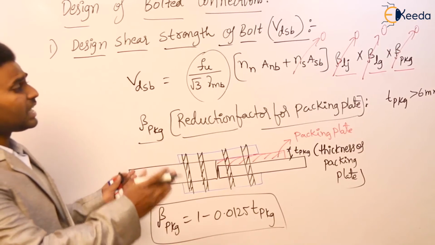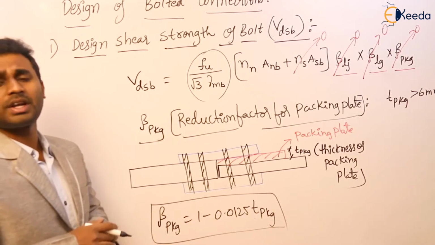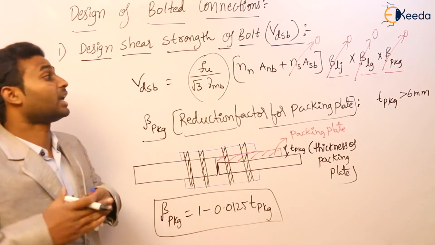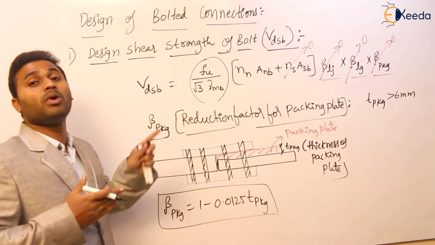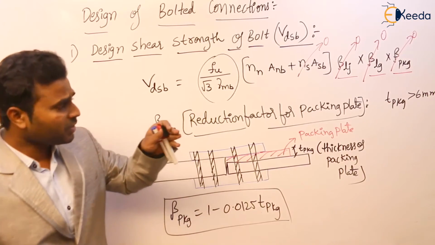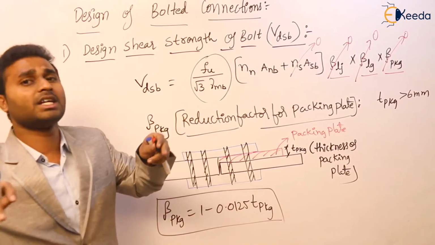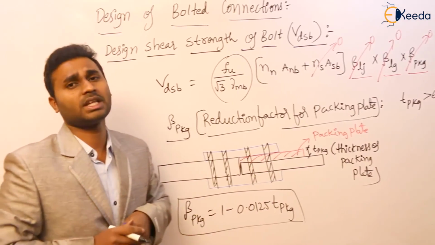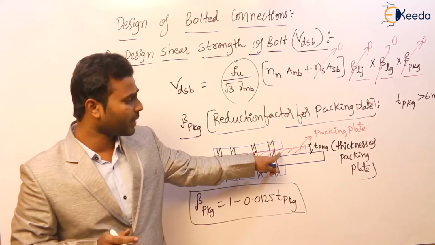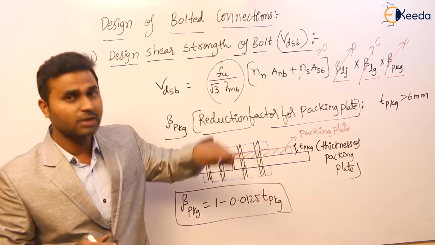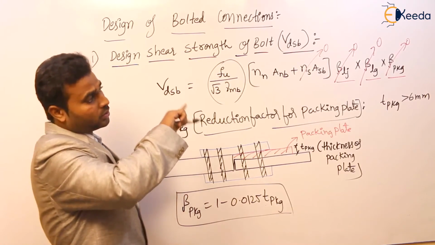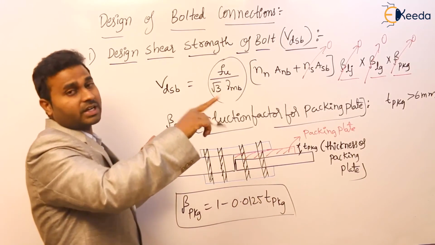Okay, so these are the reduction factors. The name itself is reduction. Because of provision of a longer joint, the reduction or efficiency of the bolt in shear reduces. That is why we are reducing it. And if we provide more grip length, as we discussed, the additional moment coming on it decreases its strength. That is why we are multiplying with the reduction factor. Again, if you provide the thickness of the packing plate greater than 6 mm, it will reduce its efficiency. So to not consider all these reduction factors, there are some provisions.